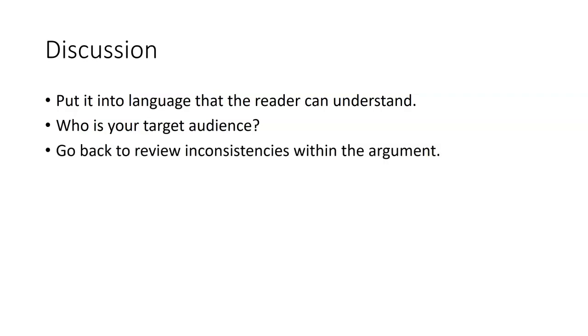Go back and review inconsistencies within the argument. You made an argument in the beginning. Now you're going to go out there and talk about it. So you have to look at what might be inconsistent with that argument, and then you can go on. All of that becomes part of the discussion. The discussion talks about what you've got in here, which way you look at things, and what you can come up with. So, discussion: you discuss what you did, you discuss how it varies from the literature, and you discuss why it's important.